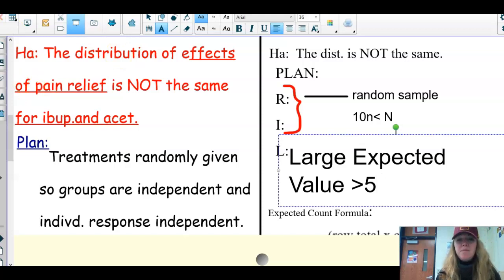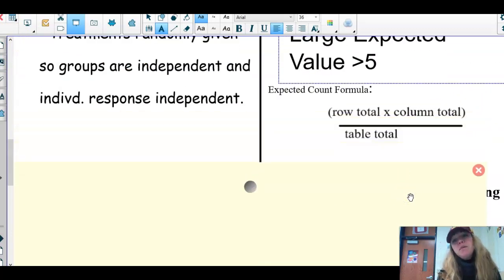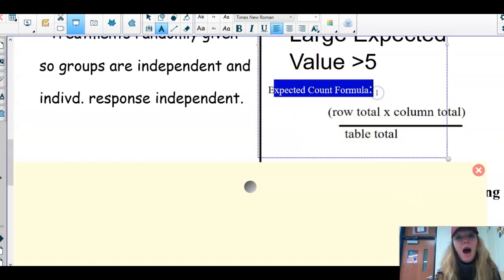So let's go through that because it's different now. Our expected values are what should happen if the null hypothesis is true, like with goodness of fit. It's similar here, but how do we actually figure that out? There's a formula to figure that out. Make sure you get this down. This is very, very important, and I've often seen it in multiple choice released exams. This must be memorized. You take your row total times your column total and divide it by your table total,